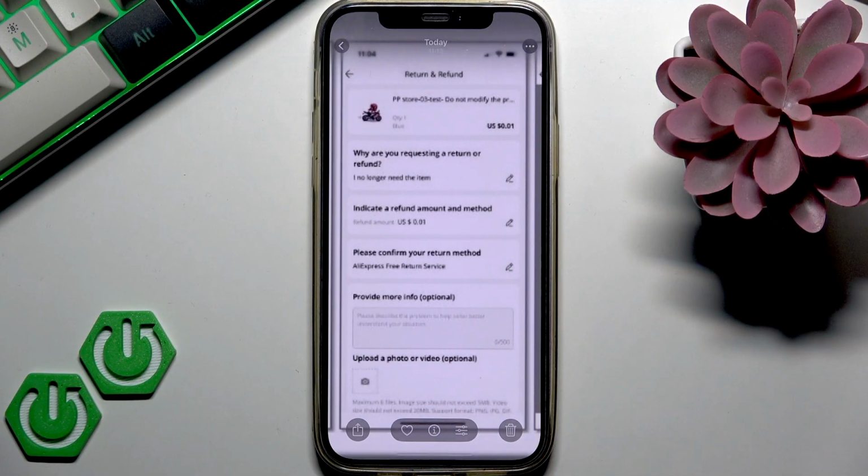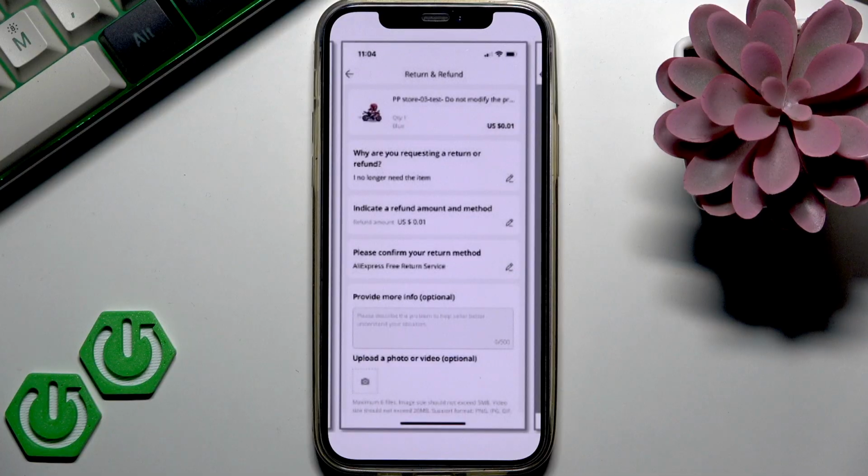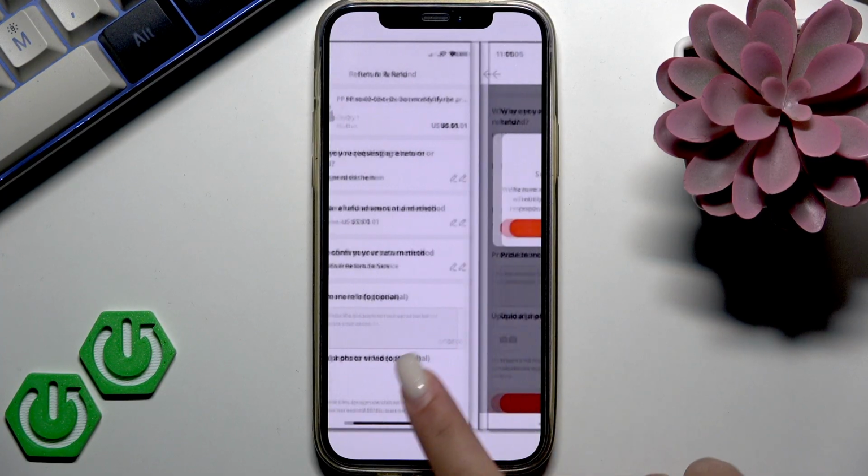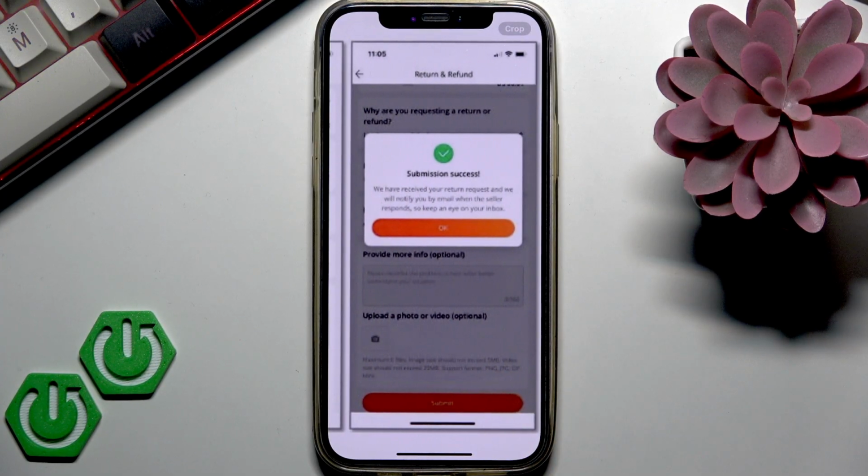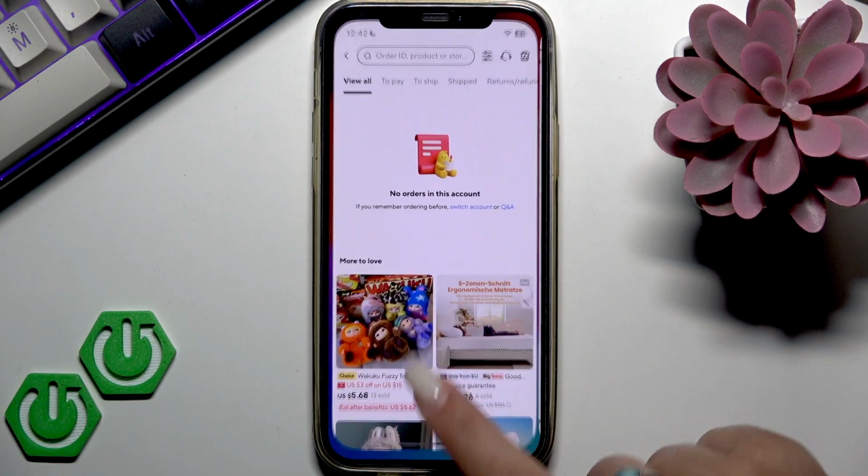Here in this box you can write a few sentences where in details you describe your problem, and in the very end you can upload a photo or a video as evidence right here. And of course submit your request. Usually requests are processed within a few business days, and after your request is approved, make sure that you have